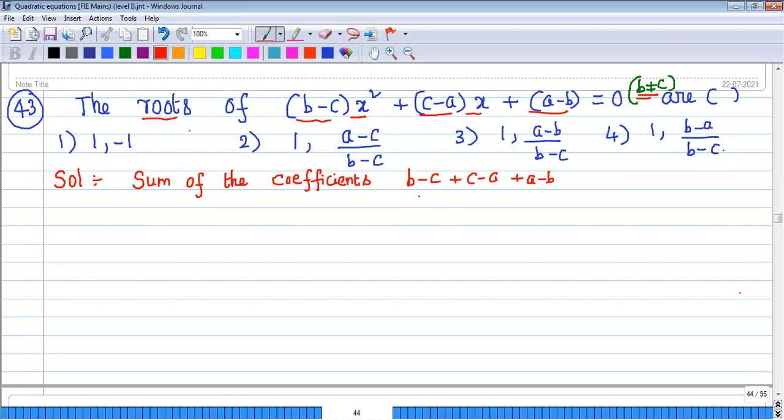They are cyclic. B cancels, C cancels, A cancels. This we can write like this also: sigma b minus c, or sigma a minus b, or sigma c minus a. This is 0. So if the sum of the coefficients of a given equation is 0, then obviously one of the roots